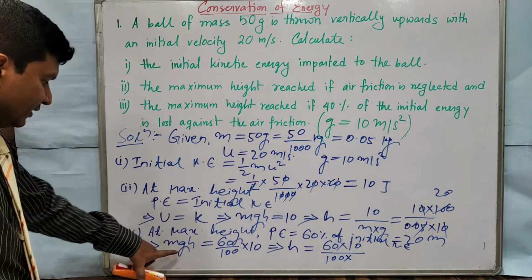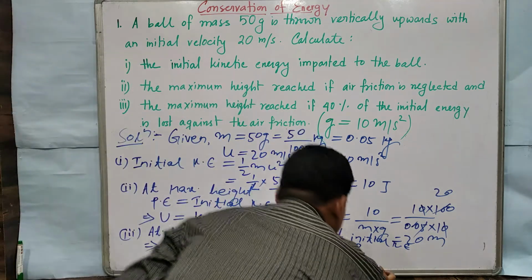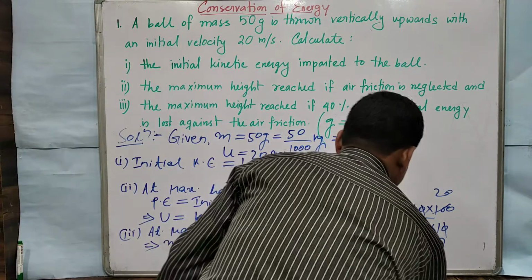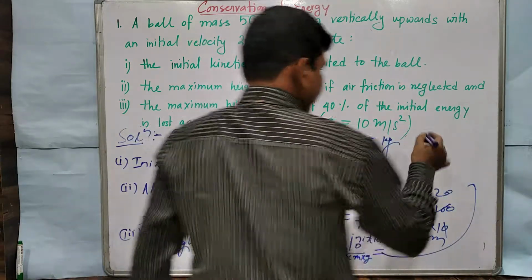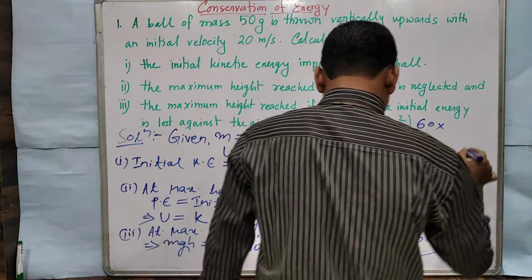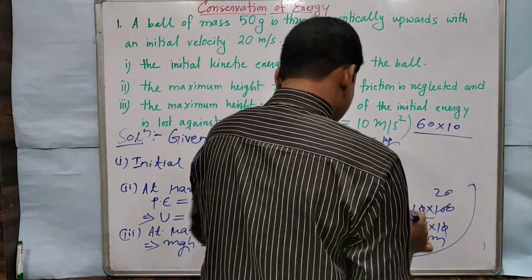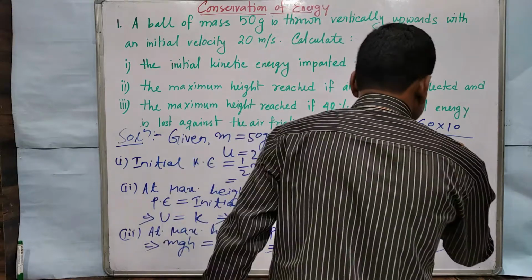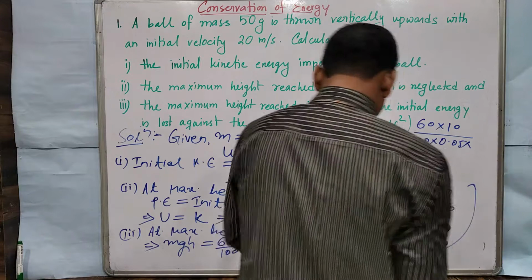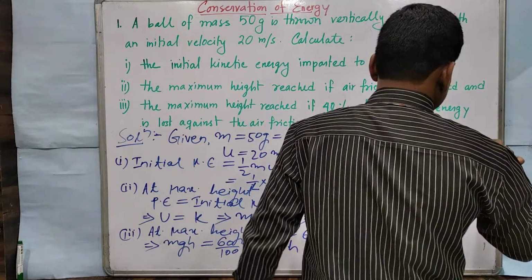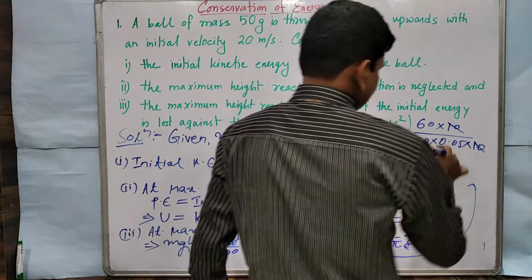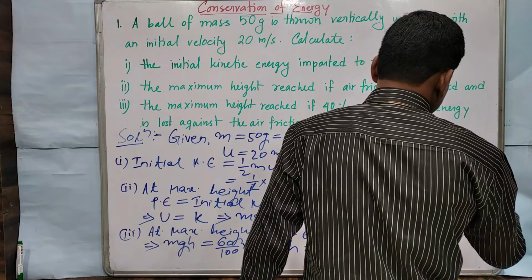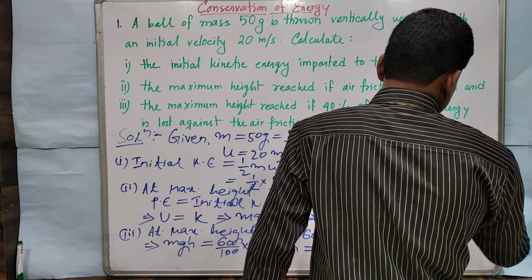into, then here g and m will be multiplied. So m into g, that is equal to, I am showing it above this calculation, 60 into 10 divided by 100, into m. The value of m we got, that is 0.05, into g is 10. So now 10 and 10 are cancelled over there. This 0 is cancelled over there. Now this point and this 0 are cancelled. This point is going over there. Again this point will cancel.